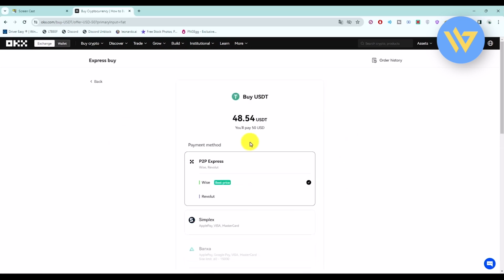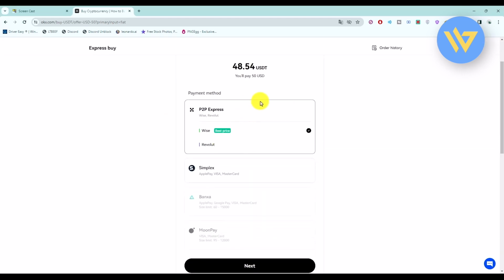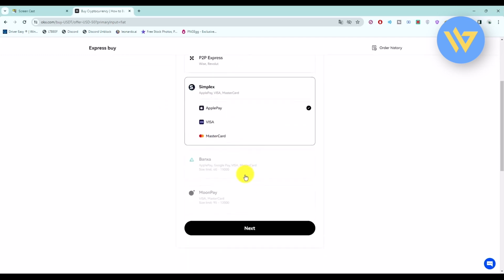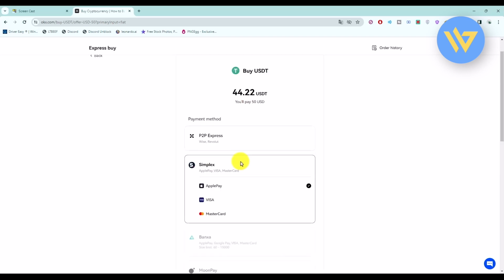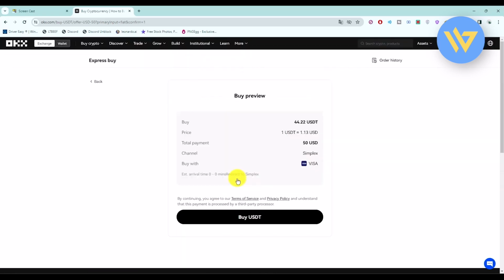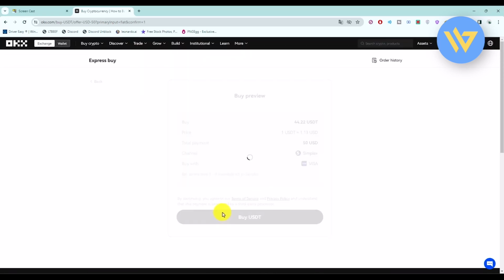Now wait for a few seconds and then depending on the country that you are in, you will have your payment methods. Now you'll find few options where you can get wallet based applications or card based application, and similar to them you'll have more options. Now depending on how you want to pay, just simply choose your option. So let's say for example you want to choose Visa. Just simply choose that and then click on next over here, and then after that click on buy USDT, and